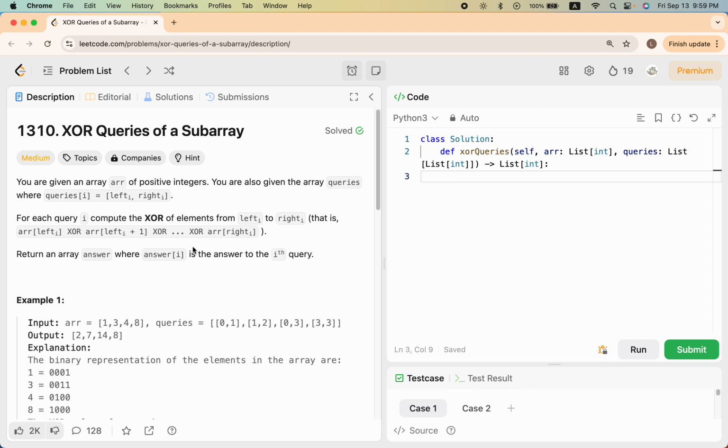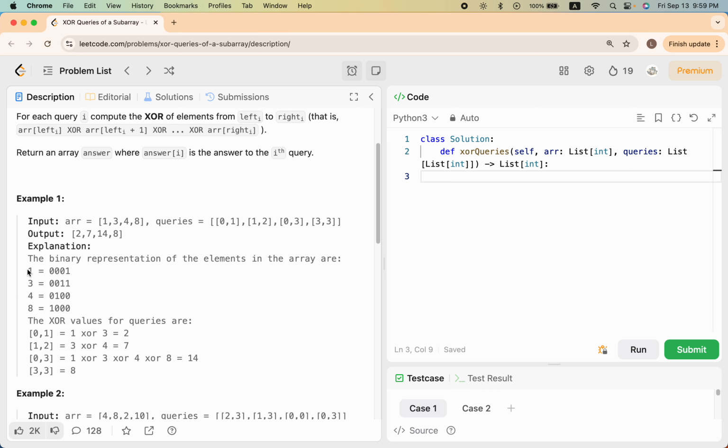Alright, so let's just, do I need this? Alright, let me copy this. And let's look at